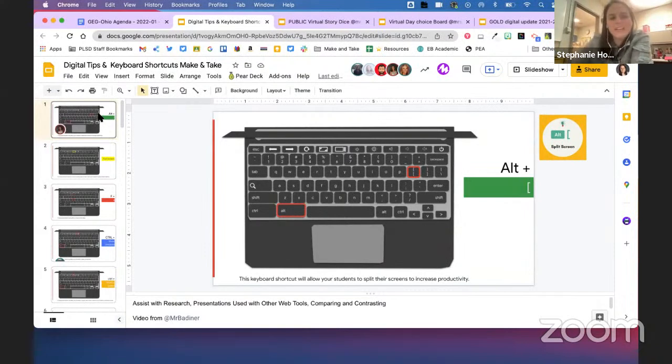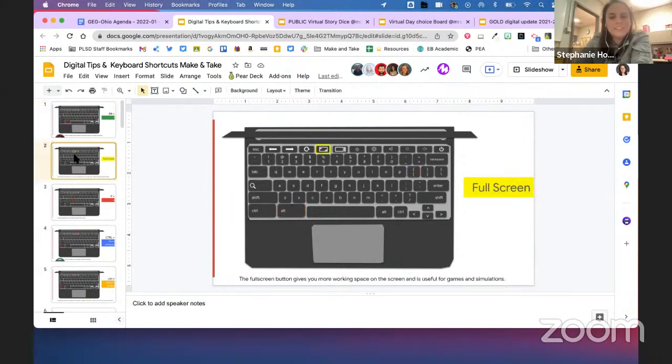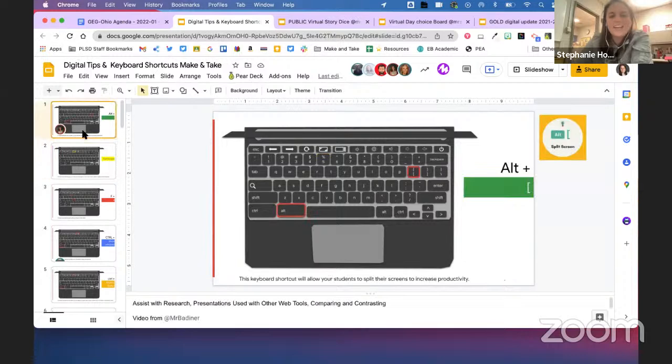This next one is digital tips and keyboard shortcuts. So I've been working a lot on executive functioning skills and classroom management type of things right now. That's kind of like my focus. And this template came from Nadine. She's in Indiana. She is their GEG kind of lead for that state, and she is amazing. So she actually made this